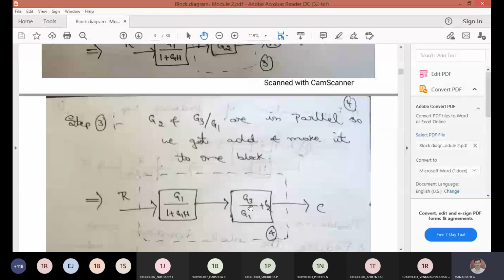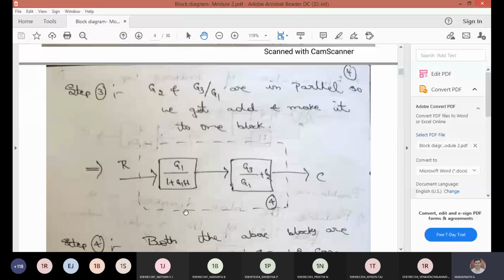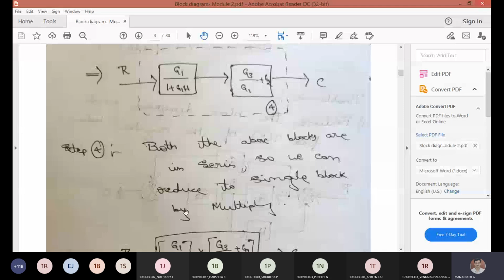Yes. So now again, what rule do you have to apply? Both are in which category? Cascading rules. Good. Rule number 1, series. If you remember the rule numbers in your mind, it will be very easy to know which rule to apply, and the rest will happen automatically. So again, these two become cascade, so these two become one. You can see a multiplication and it becomes one block.